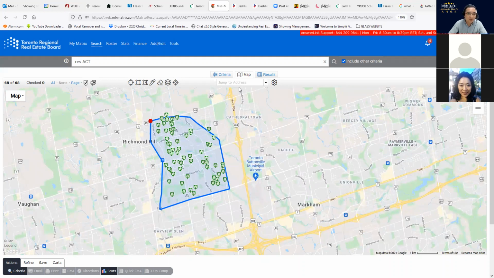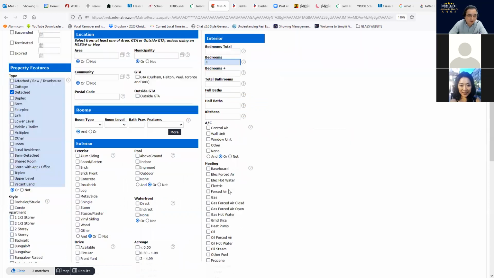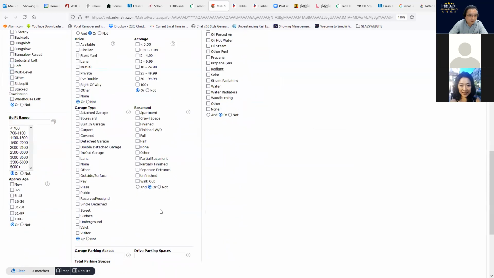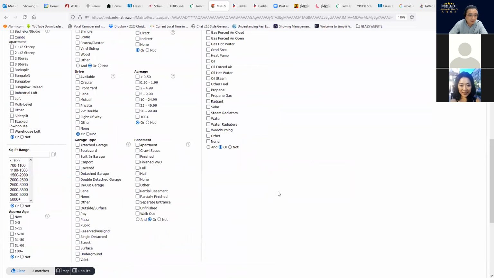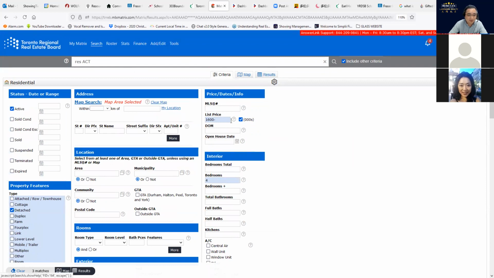in Richmond Hill. So I will come back. The client is looking for a detached property at $1.6 million, and they need at least 4 bedrooms and a 2-car garage. Okay, right now there are only three matches. So 1.6 is really a low price for a detached house in Richmond Hill. Maybe we'll go a little bit higher, maybe 1.8. Yeah, there are 5 listings. So that's what comes out.